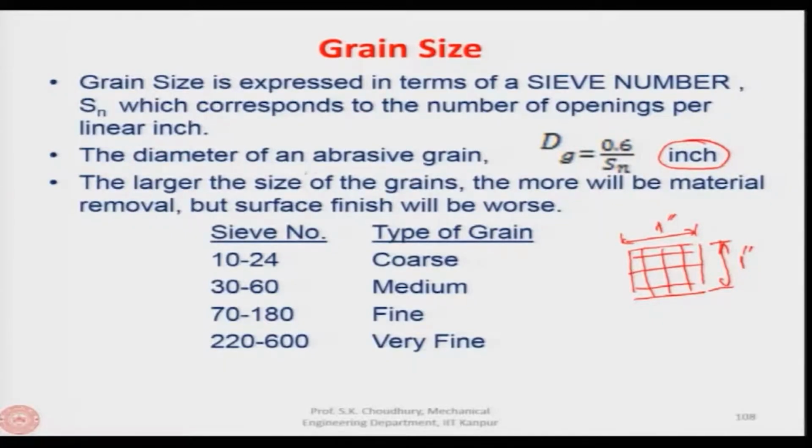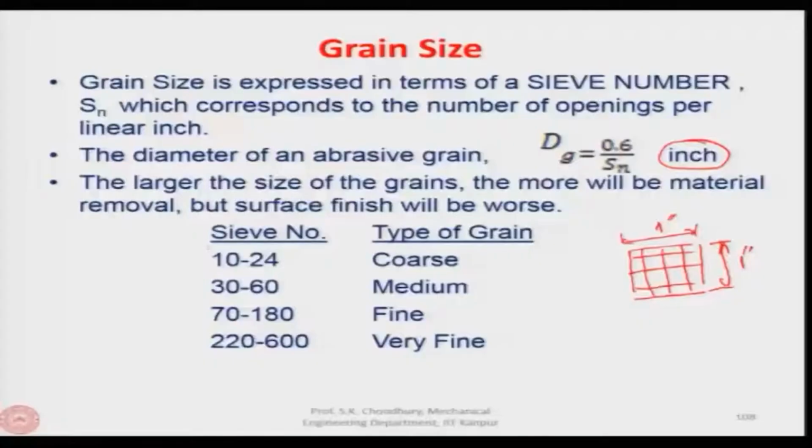The larger the size of the grain, the more will be the material removal. Bigger grains will remove more material and surface finish will be worse. So, the sieve numbers are given in this way. These are internationally accepted. 10 to 24, for example, are the coarse or bigger grains. 30 to 60 sieve number will be medium grain, 70 to 80 will be fine grains, and 220 to 600